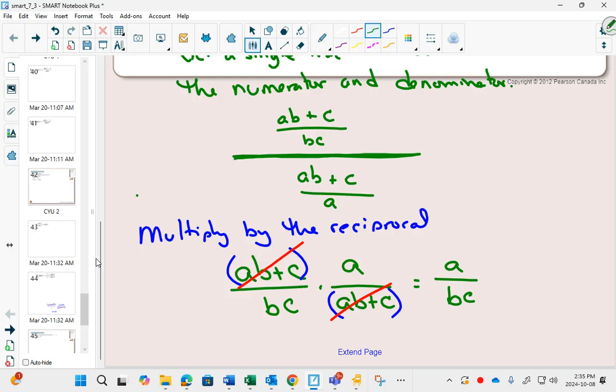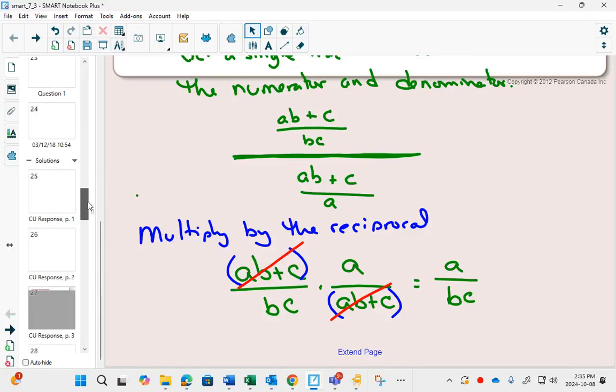This is a huge idea in this unit. But instead of using variables, a, b, c's, and d's, we're going to use trig functions. Sine, cosine, secant, cotangent, tangent. And do a whole bunch of fraction work with trig functions. And this is something that's called identities. So in our notes,